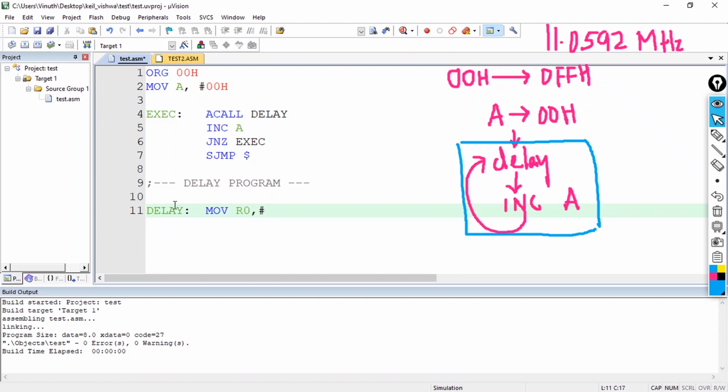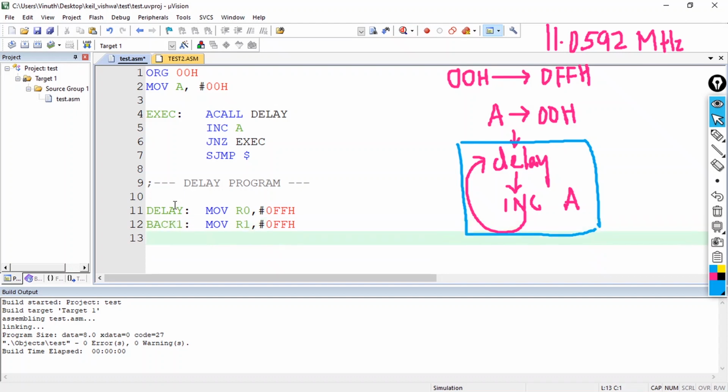Let me add 0FF hexa. And let me add some more registers in order to make sure that I'm having sufficient delay. So again, I'll be adding this in terms of a nested loop. Let me take this as back one.